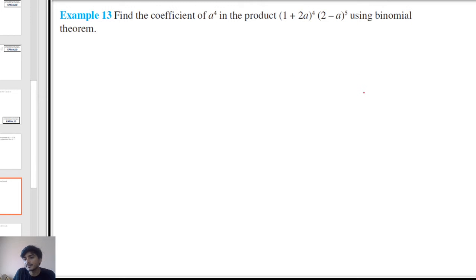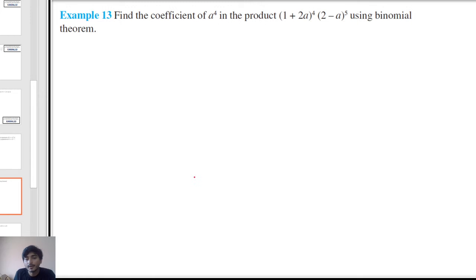minus 5c3, 100 to power 2 and 2 to power 3, then plus 5c4, 100 to power 1 into 2 to power 4, minus 5c5, that is 100 to power 0 and 2 to power 5. Now if we substitute this value, what we will get? 5c0 is how much? Yes, 5c0 is 1 into 100 to power 5, minus 5 into 100 to power 4, into 2,